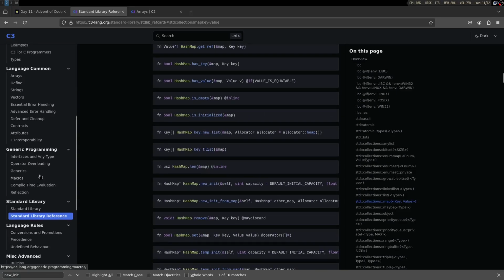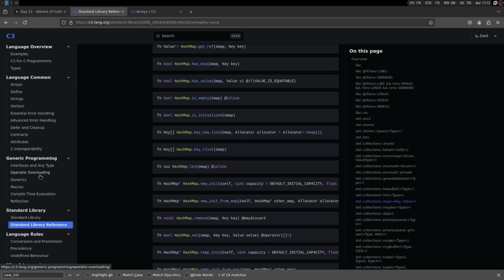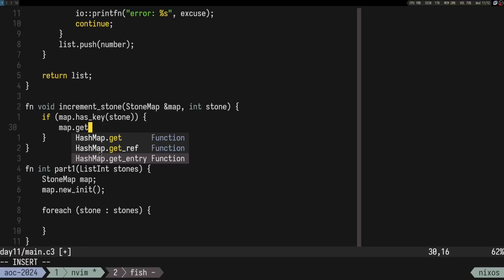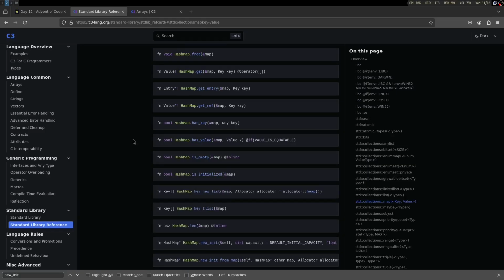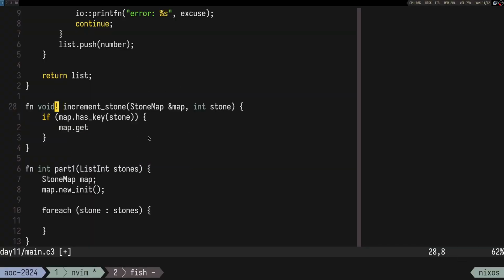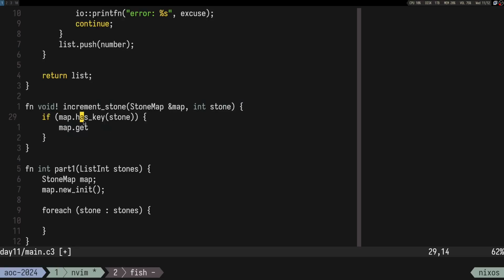Still not sure what the exclamation point actually means, but let's do it the old way, right? So we get a value, but this one can also fail. So I might as well just do get ref